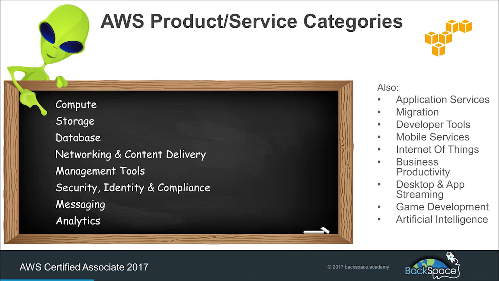The categories that I'm going to concentrate on in this lecture are compute, storage, database, networking and content delivery, management tools, security, identity and compliance, messaging, and the analytics category. Now, there's a lot more. On the right hand side you can see we've also got application services, migration, developer tools, mobile services, Internet of Things, business productivity, desktop and app streaming, game development, artificial intelligence, and that list is growing all the time. But I'm just going to concentrate on those categories on the left that are most relevant for an associate level